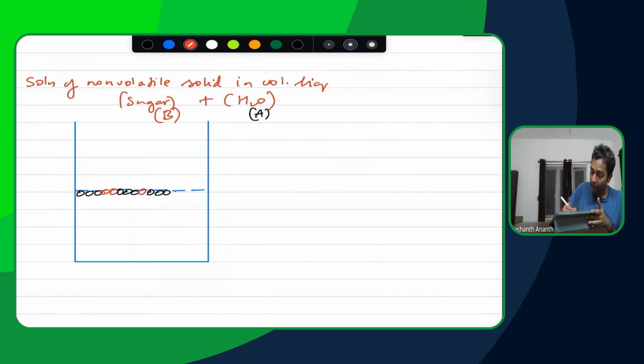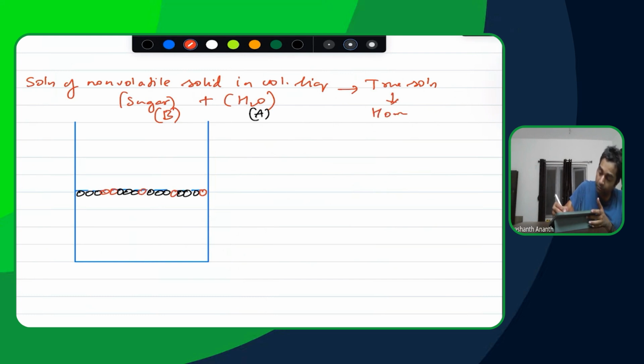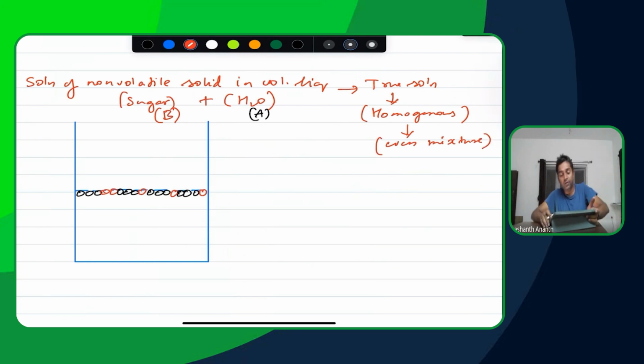How much of it will contain what? Well, that is dependent on the concentration. Why? Because it's a homogeneous solution, correct? A proper true solution. So this guy became a true solution. This means this is homogeneous. This means evenly mixed. All right. So if it's going to be an even mixture here,